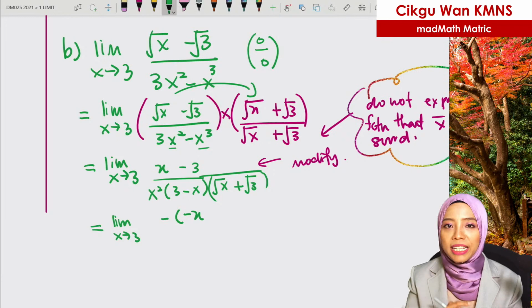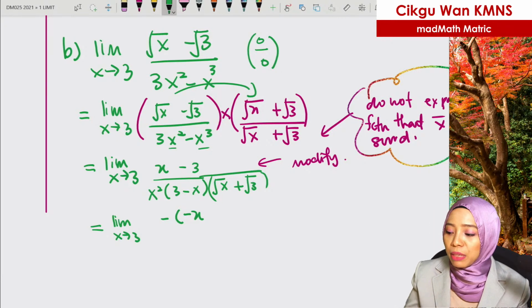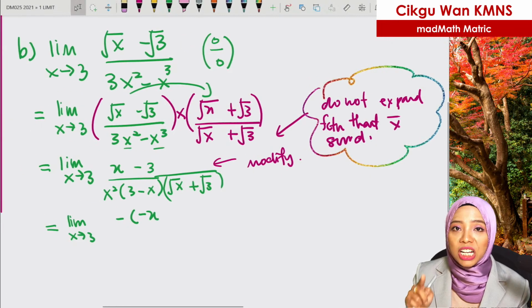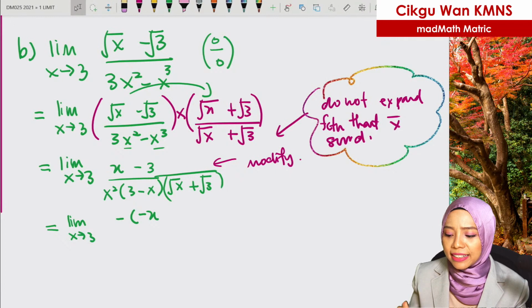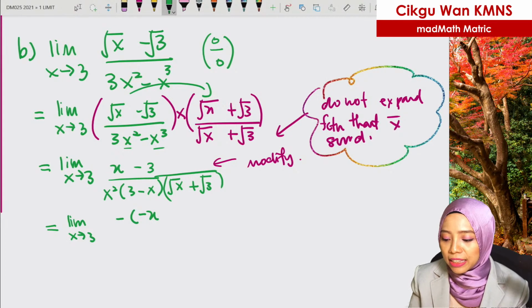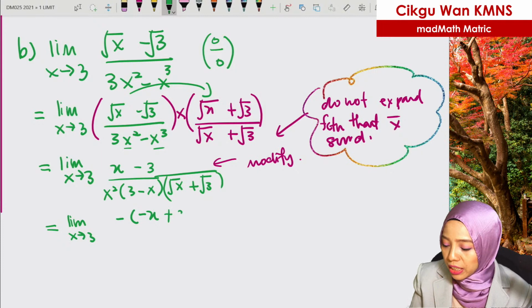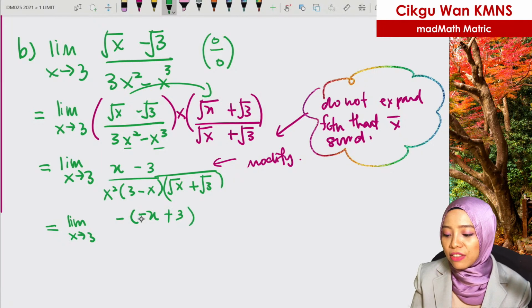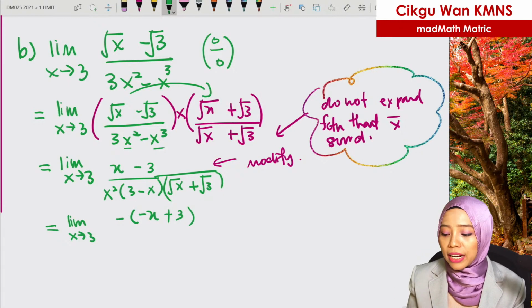Kenapa madam buat ni? I kena buat. I have to modify so that, because our method apa? Focus. Kita mesti be able to cancel. Otherwise we cannot get the answer. Kita nak cancel benda ni later on. Okay, now kalau minus kat sini negative, you take out negative, we give you positive. Baru you expand, you get back negative 3. Okay, now you check. Does it give the same function at the top? Plus X, yes. Minus 3, yes. So you are doing the right thing.